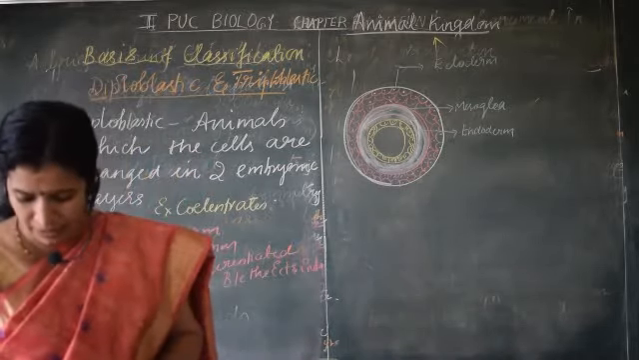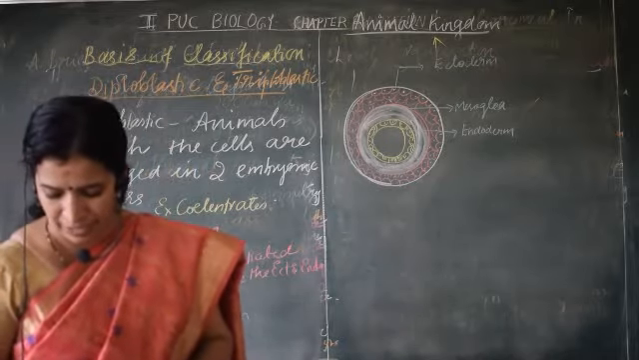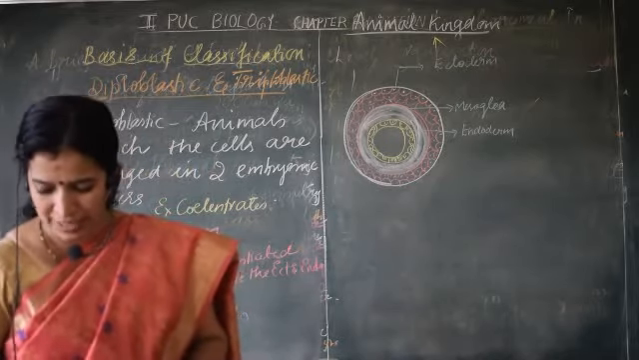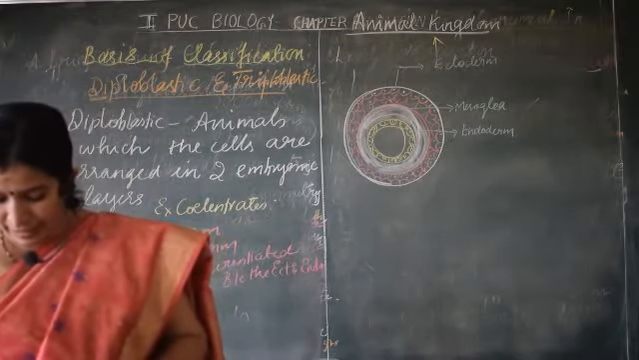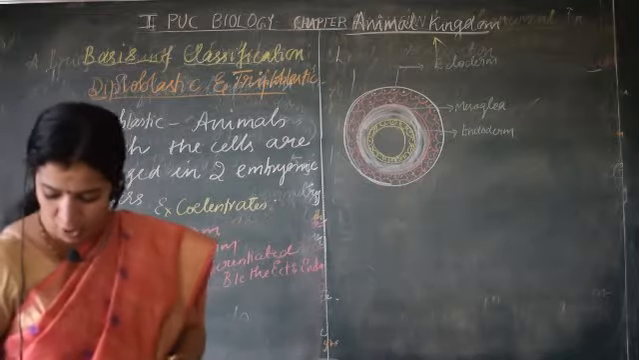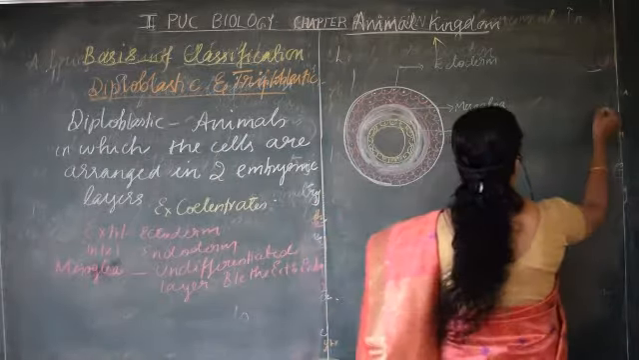endoderm. So in between there is an undifferentiated layer present between ectoderm and endoderm, which is known as diploblastic organization. Then let us learn about the triploblastic organization. So the same diagram you can draw here also,